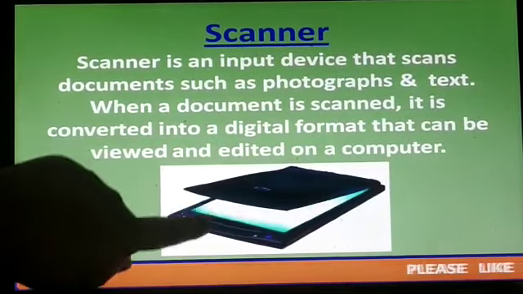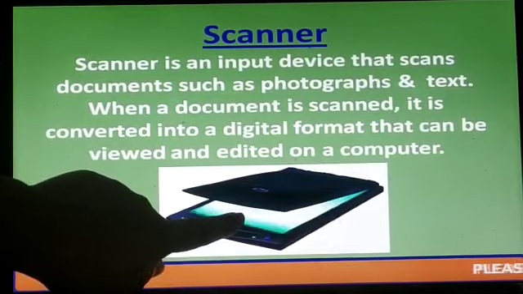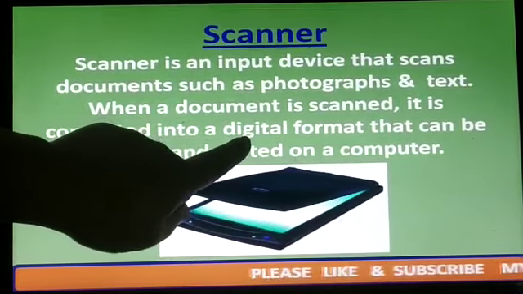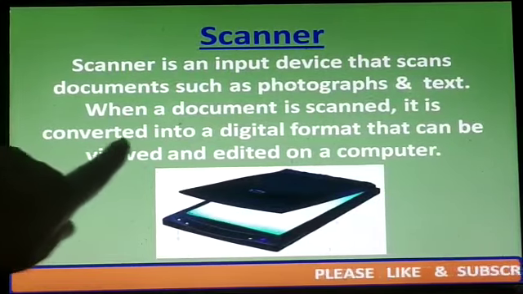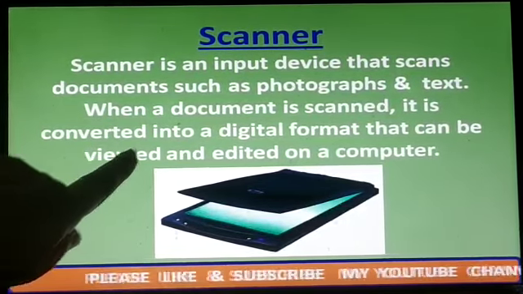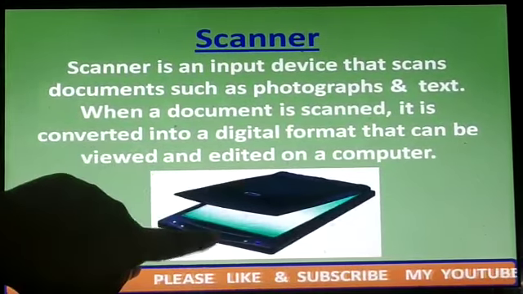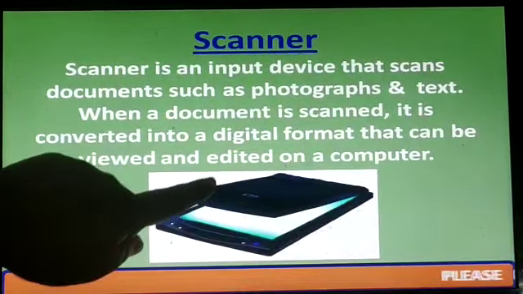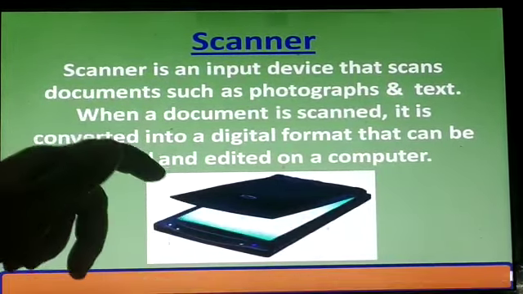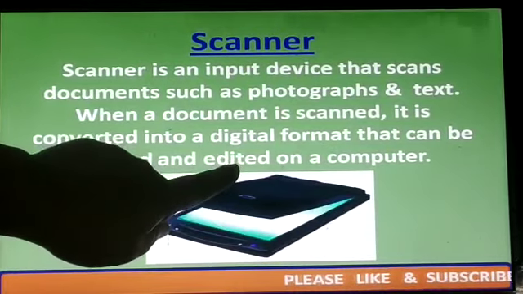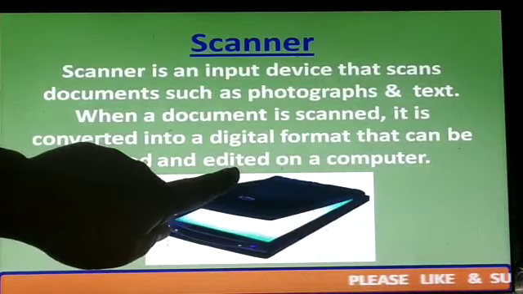If I put my photograph in this scanner, it scans my photo and converts it into digital format. After that I can view, means see, my photo on the computer and edit my photograph on the computer. Edit means change. If I want to change something, add effects or any other thing, I can edit my photograph.